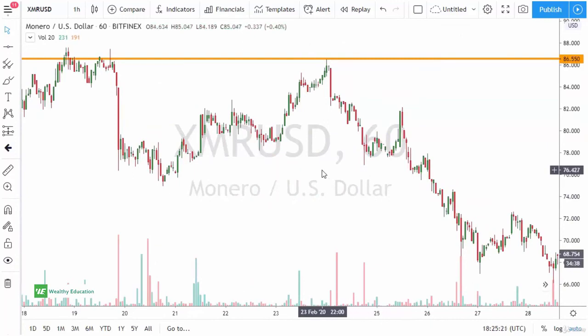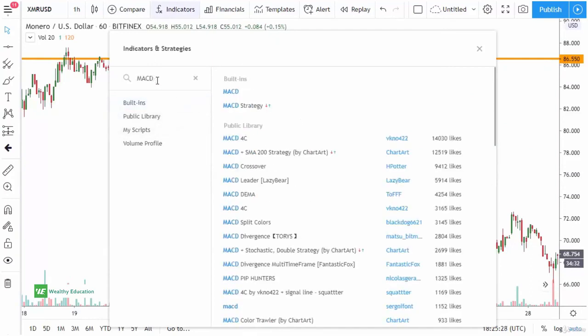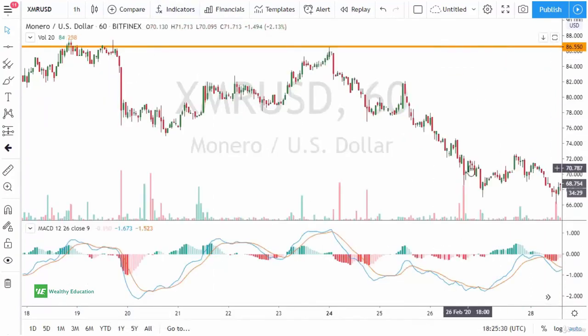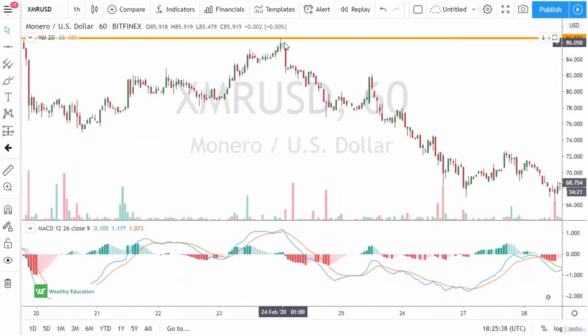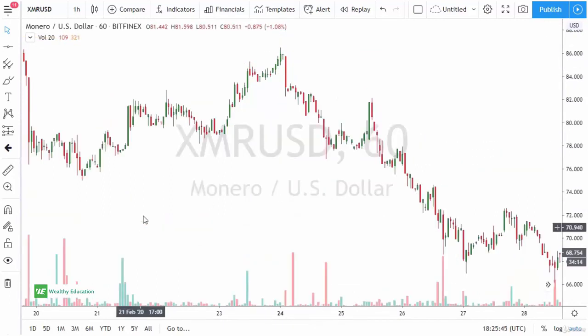You can also take a look at the MACD. This looks like something that would have suggested that there's probably some momentum problems here. Yeah, you can see we crossed right there and then rolled over. Pretty straightforward. And if that didn't convince you, then obviously the very bearish candlestick that was next certainly should have at that point. So in the next video, we're going to take a look at